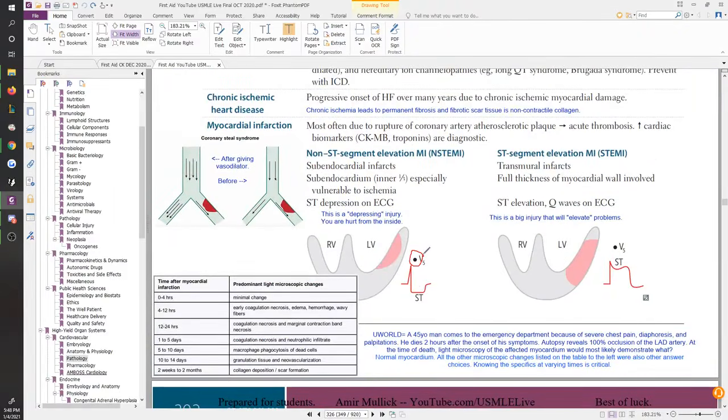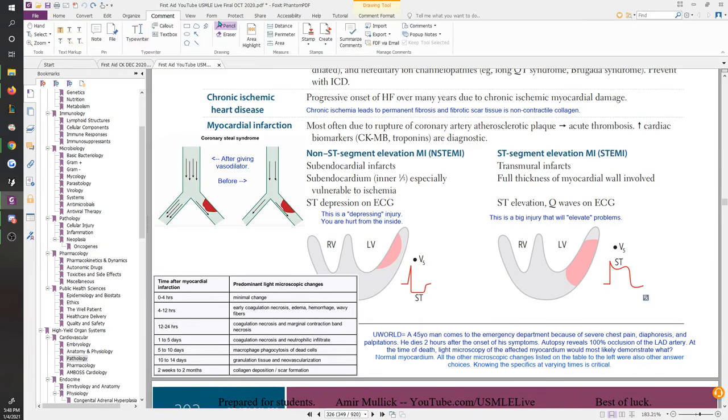They tell you you're supposed to look for it in V5, but you can really see it in many different complexes, not just V5. But here you see ST depression, right? The ST segment is lower than the general baseline. I'm going to show you the baseline on the other full ECGs, but the baseline is basically right where the QRS started, right? So that's your general baseline, and this is below the baseline, right? That's what you're looking for. Same thing here, you have your baseline, and your ST segment is above the baseline, so that's ST elevation.